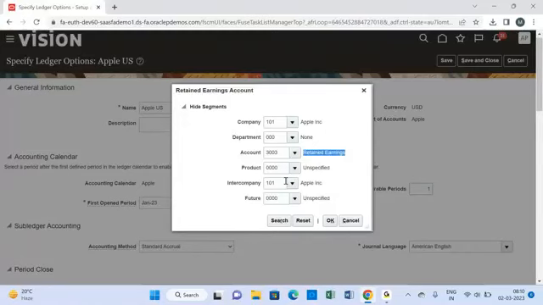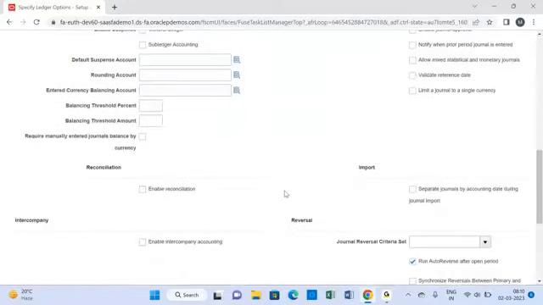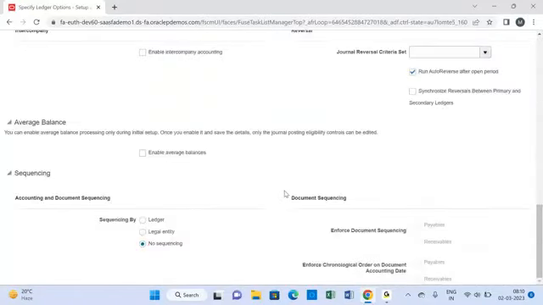So it will pick up the right retained earnings account from the spreadsheet, and it updates that account back in the application at the ledger level. Okay, so the rest are all default options,